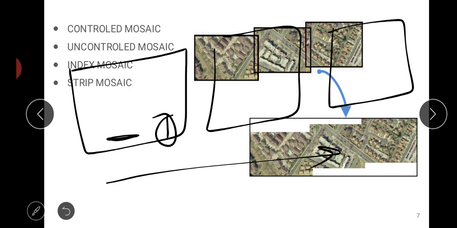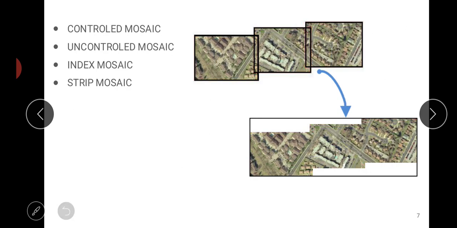This is your second photograph along with the flight number, third photograph along with the flight number. When these are arranged such that the photo number and the flight number both are visible, that type of arrangement is called index mosaic.